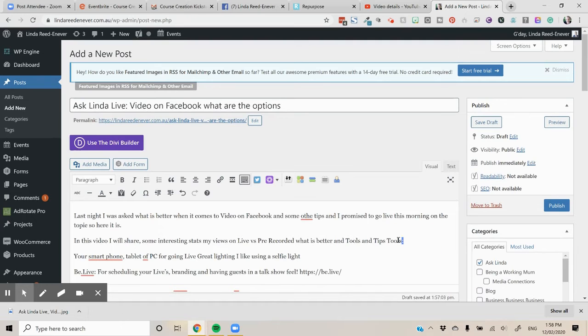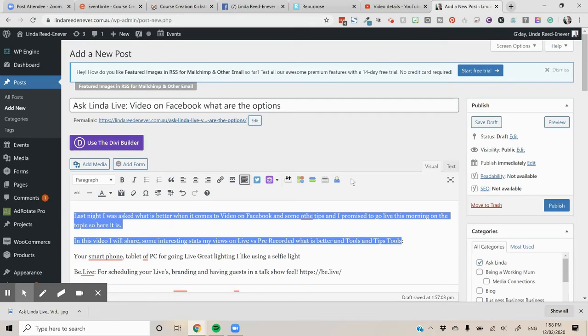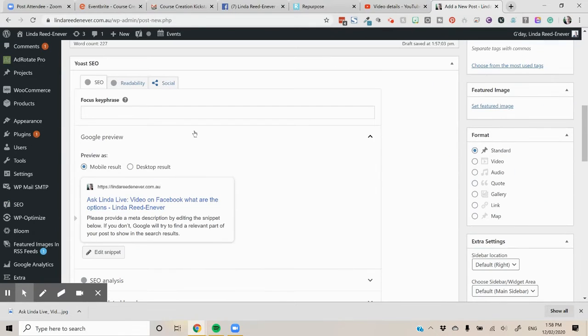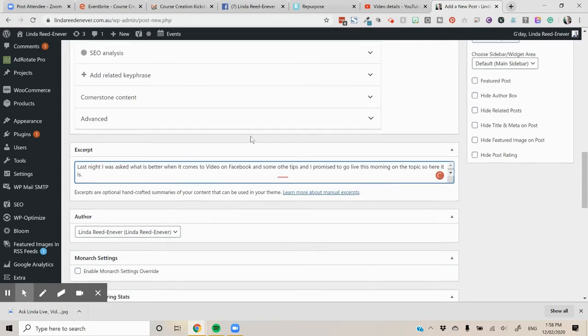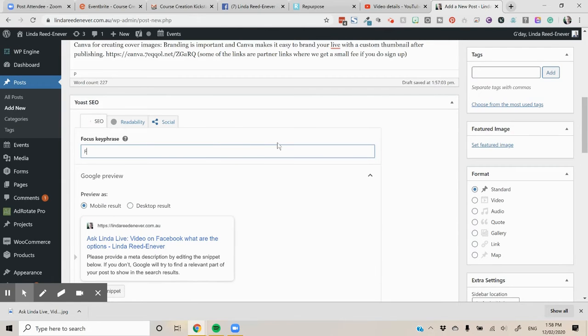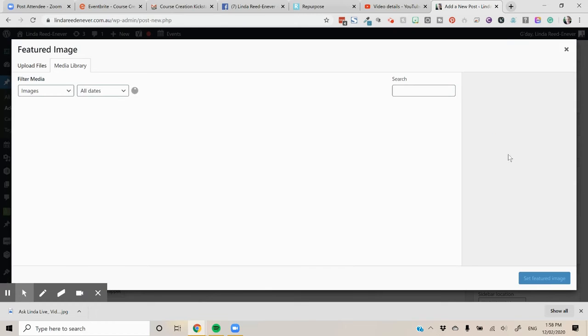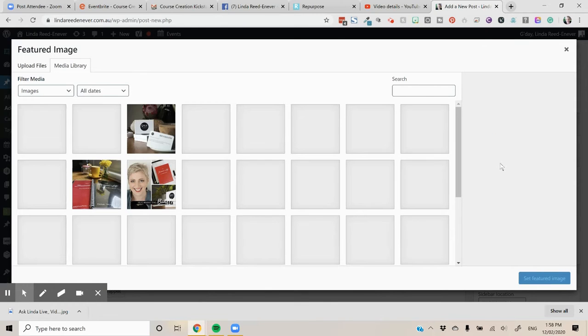So I'm going to quickly grab this option here. Quickly grab this, go Control C, because I want to put an exit in there. And I'm going to put my keyword in my blog post, because that's obviously what I want to do. Facebook video. Okay, I'm going to set my featured image for my post, because I want the featured image to match the